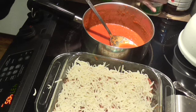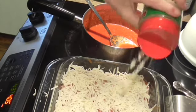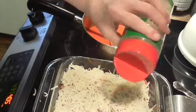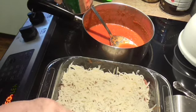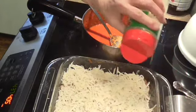Now on top of this, I'm going to use some Parmesan. I've got Parmesan Romano. You use whatever kind you want to. Going on top. Now, you're going to bake this at 400 for about 25 or 30 minutes. And in the meantime,